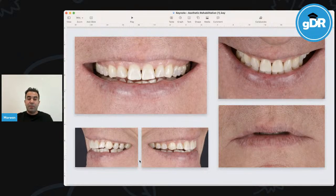And for this particular patient, the success of the treatment is if I manage to close the black triangles. Imagine if somebody would come and do the veneers, and later on down the line, the patient would get gum treatment, and then the gum would shrink and heal. Then we're going to get black triangles. That would be considered a failure for the patient. So that's why it's always gum treatment first, let the gum heal and shrink, and then restore second, because that's when the gum level is going to settle,